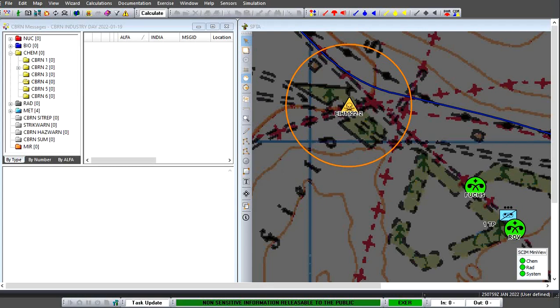So set the scene first of all. We have BRACES up and running, and on the right hand side you can see the map displaying both the FUCHS vehicle and an ROV, and on the left hand side you can see the CBRN messages database. What we're really looking at for this particular demonstration is just CBRN forwards, and the fact that once a